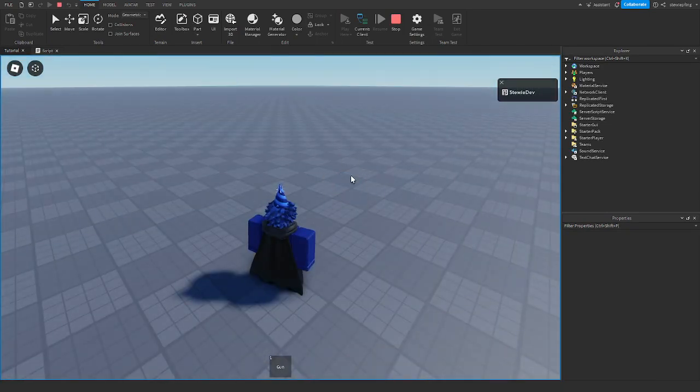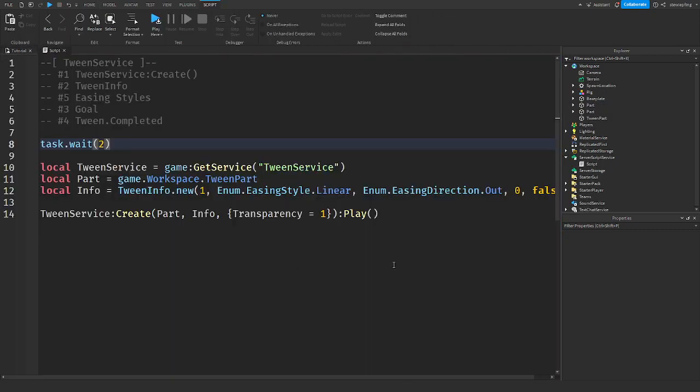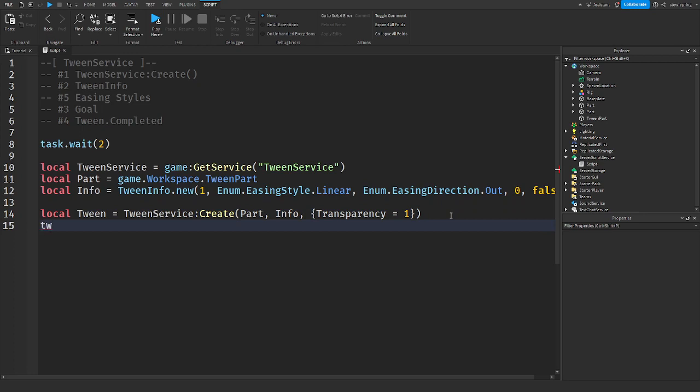And there you go. It fades away. It tweens. It tweens it. You cannot see it anymore. But what you can do is wrap this in a variable. So we can say local tween is equal to this. We can then say tween colon play, and another cool thing which you can do